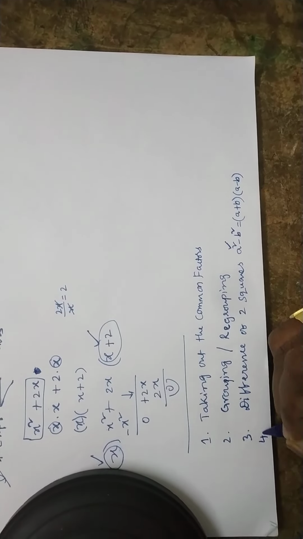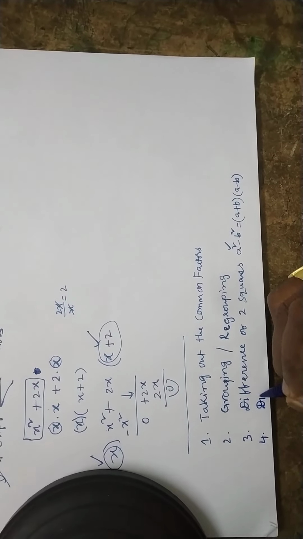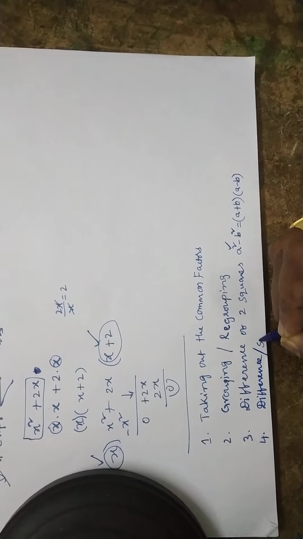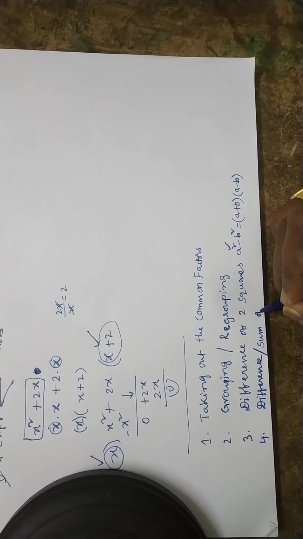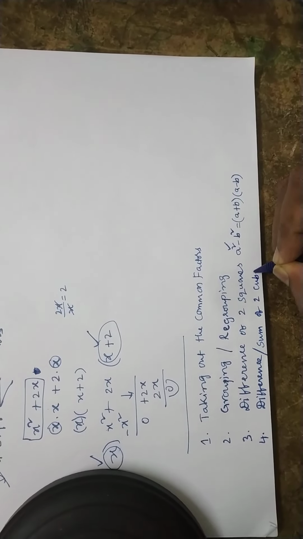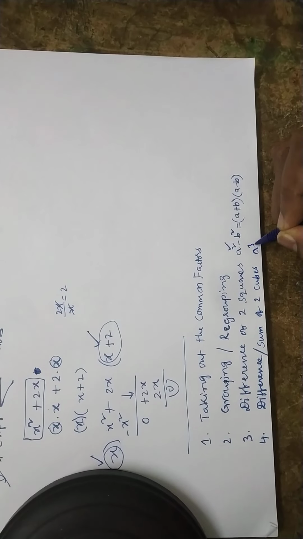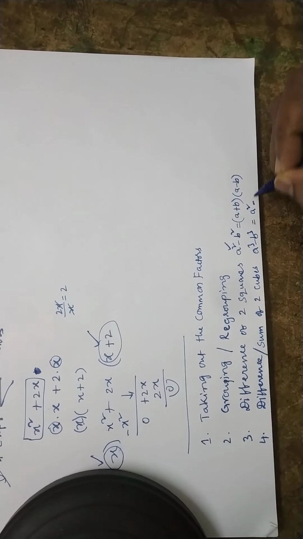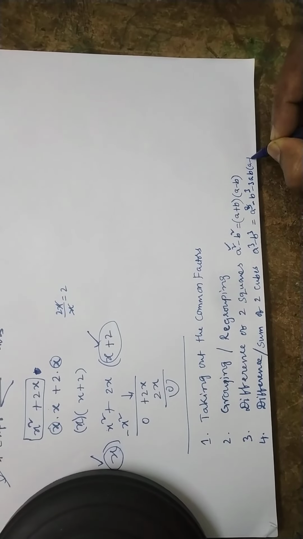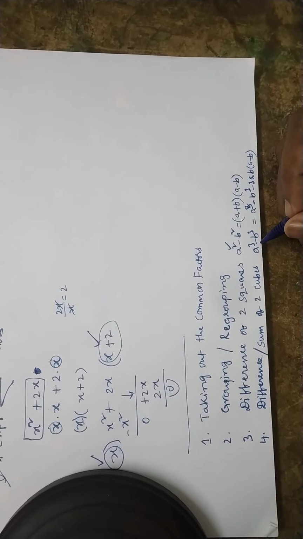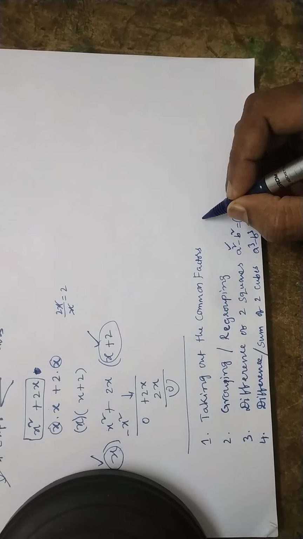The fourth type is difference or sum, meaning addition, of two cubes. That is a cube minus b cube or a cube plus b cube. And the last type, the fifth type, is